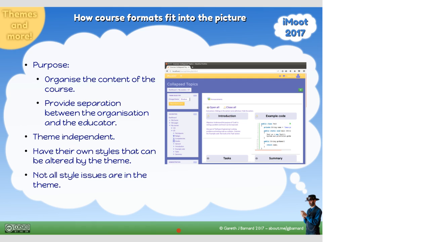A lot of confusion arises between what a course format is and where it fits in the picture of themes. Most people make the mistake of thinking everything within the window is generated by the theme. It isn't. The theme is only styling the main area and applying a lot of things within the main screen. Some of the styles then come from the block, even though they can be manipulated by the theme. But this whole area within the content area